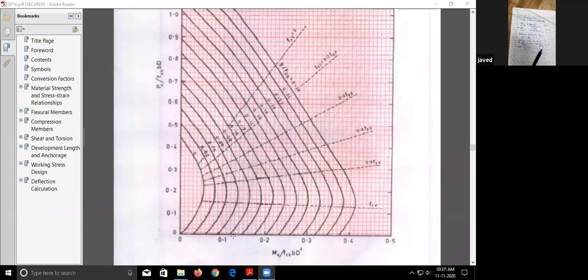And then y axis पे Pu by fck का value 0.33 है। ठीक है, तो ये तो divided है 5 में, ये 0.32 है, 0.34 है, तो इसके बीच में रहेगा ये यहाँ पे।